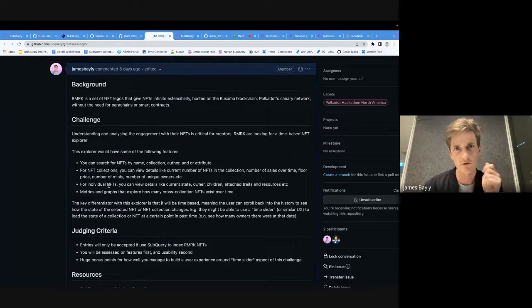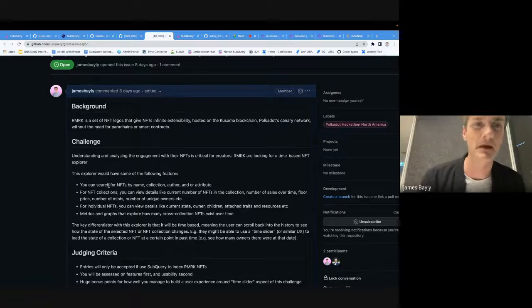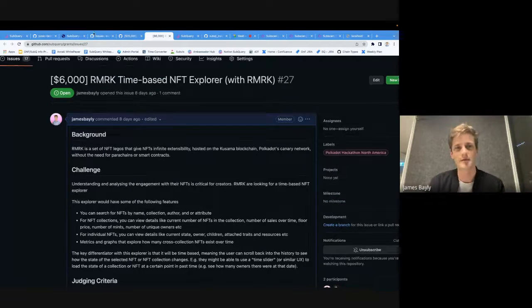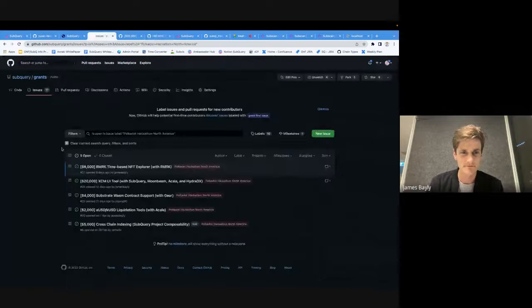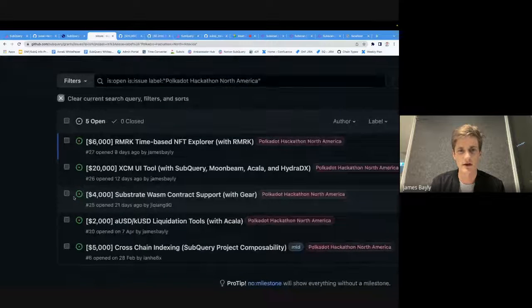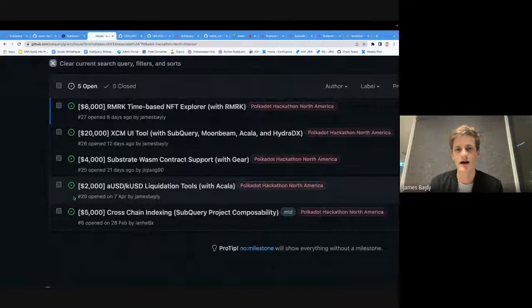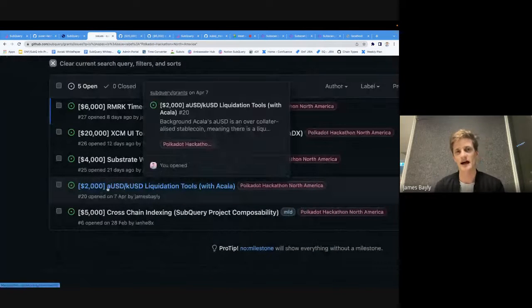And that automated historical indexing, that feature I just showed you, that will basically solve all your problems with this. All you have to do is focus on indexing the key data and building the UI around it. So really cool bounty there with Remark. That should be pretty straightforward to do. We're also looking at some WASM contract support with Gear,